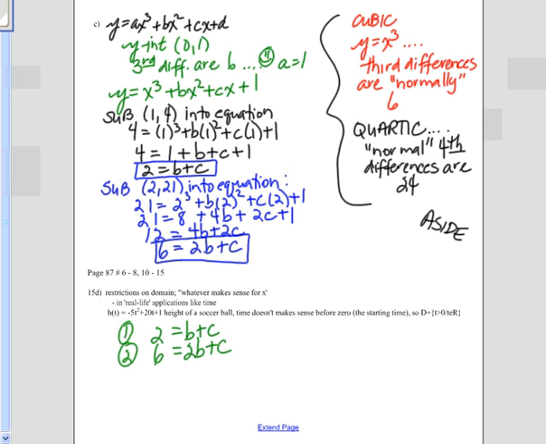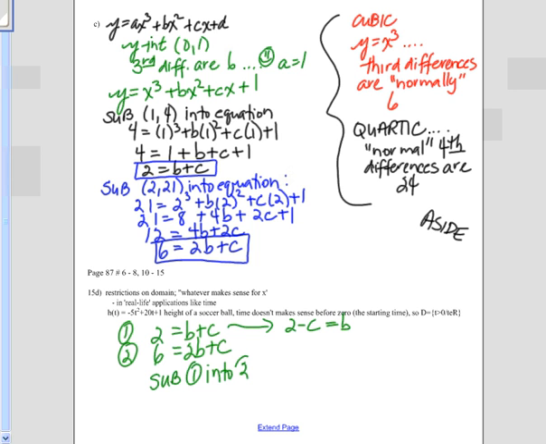I can solve both of those. I'm going to rearrange this one and do substitution. I'm going to isolate b by subtracting c from both sides. I'm going to substitute that